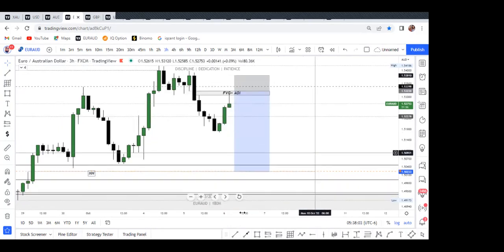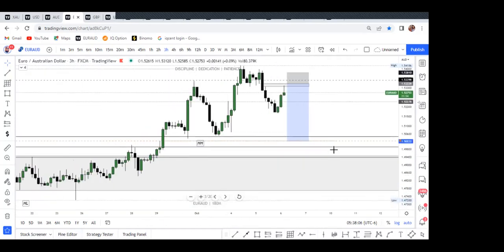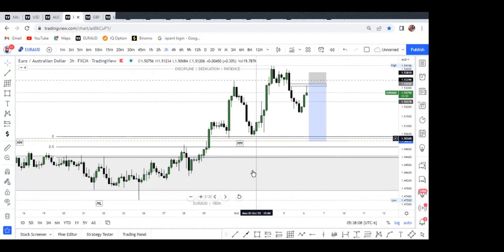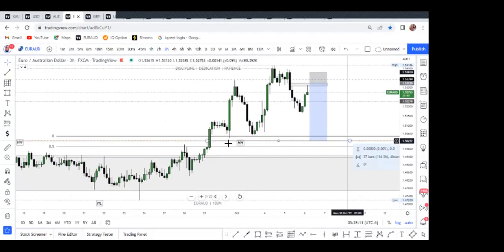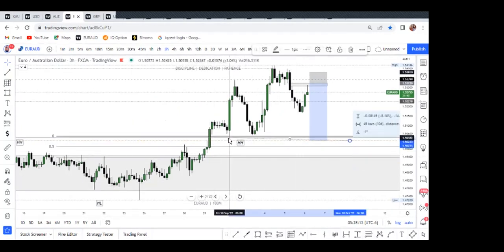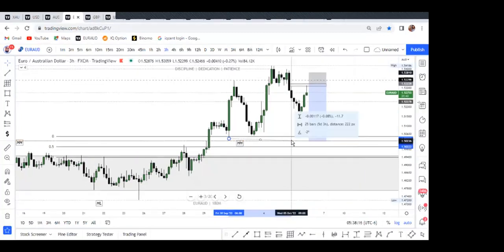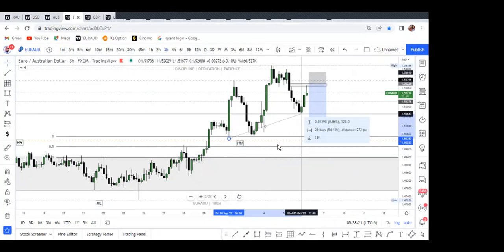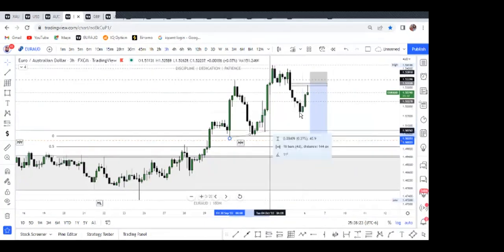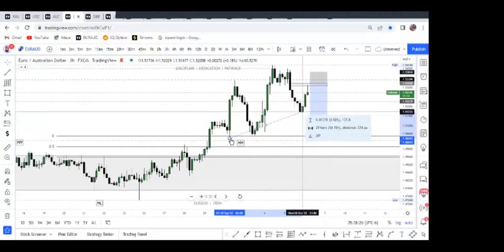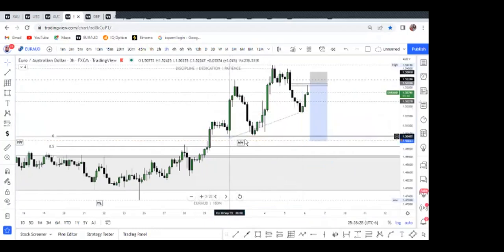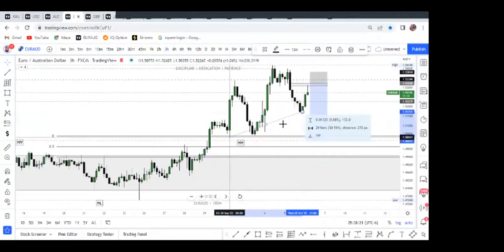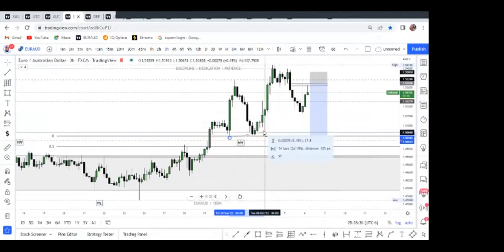Remember what ICT taught, intraday trading. Now, if you look at this low, and this low, you can see there's a trend line right here. Low hanging fruit. Let me see. There's a bullish trend line right here. There's a bullish trend line right there.